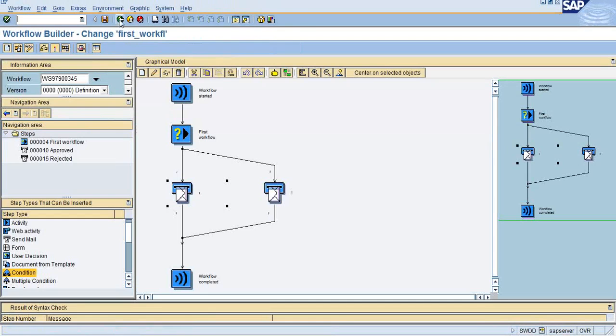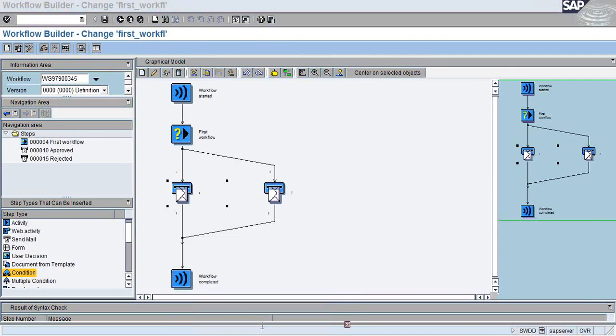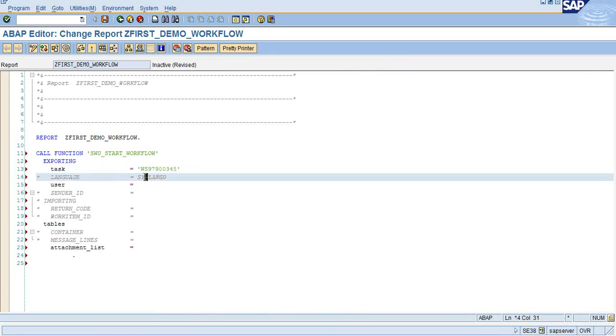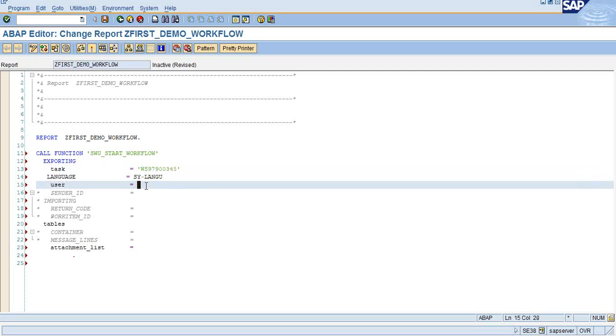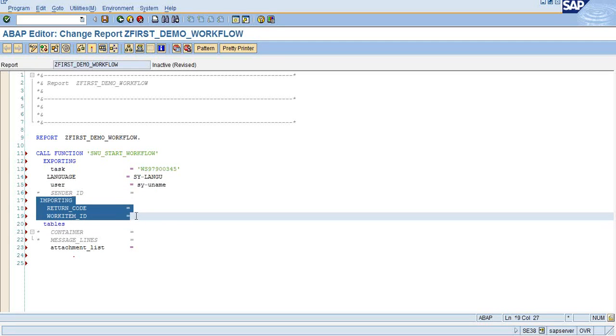Just call this particular function module, and in the task you will be giving this workflow number. So just copy this workflow number and go to that particular program and give the workflow number in the task. Now in user, give uname,